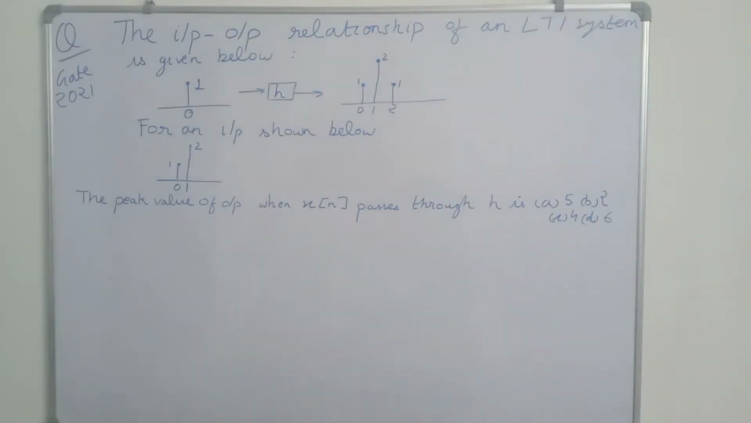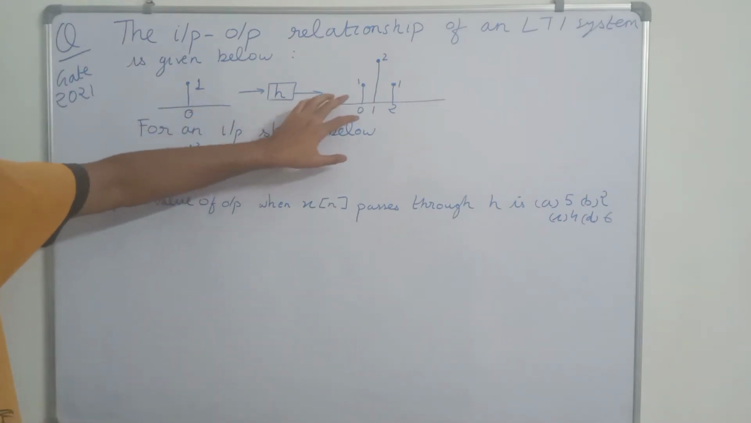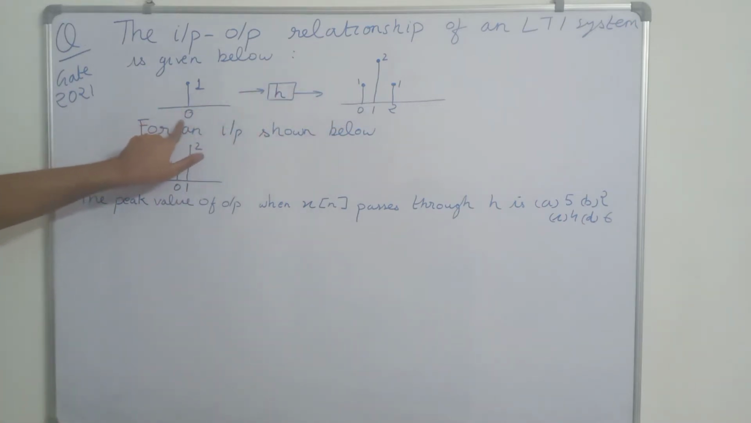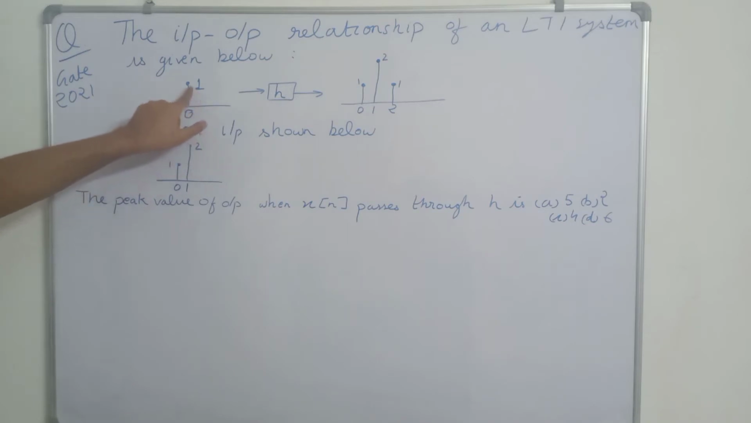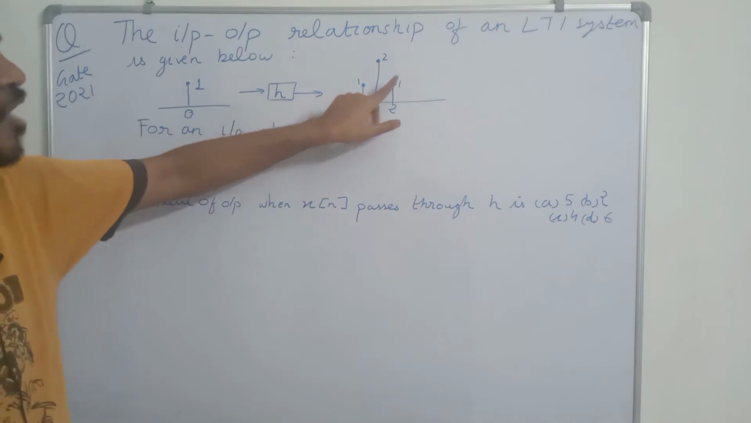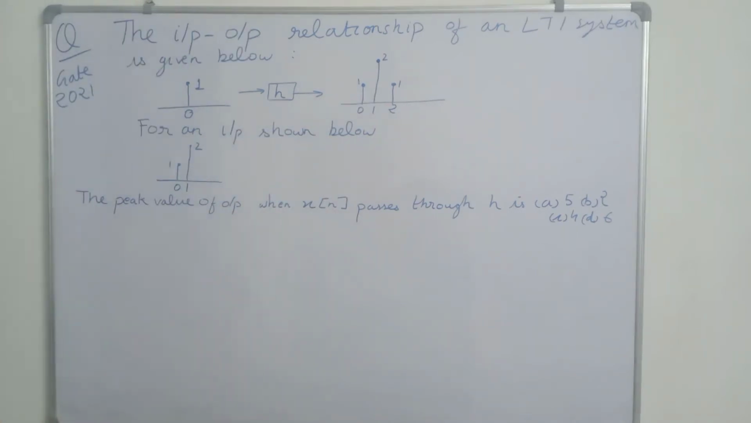First of all we can see that this is the impulse response of the system, because this is an impulse at time t equal to 0. There is an impulse of magnitude 1 and this is the output. So we can say that we are given the impulse response of the system. So the impulse response of the system, we can write it as,